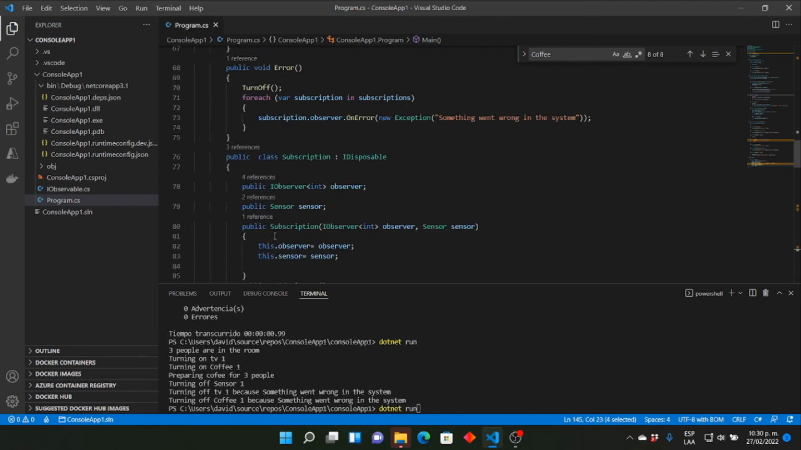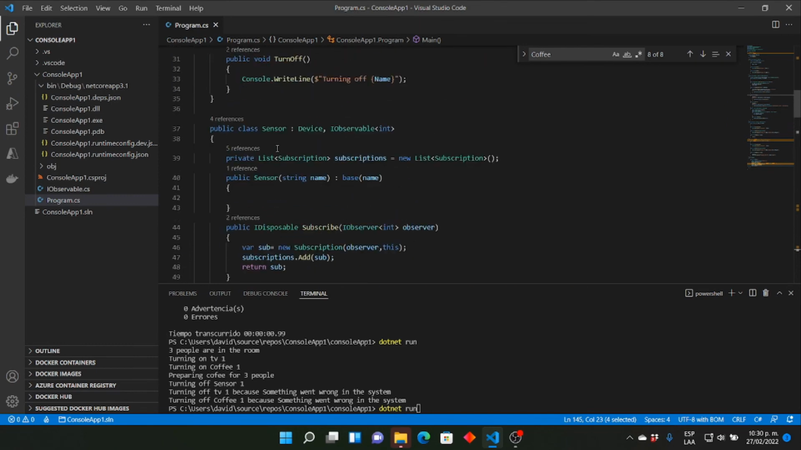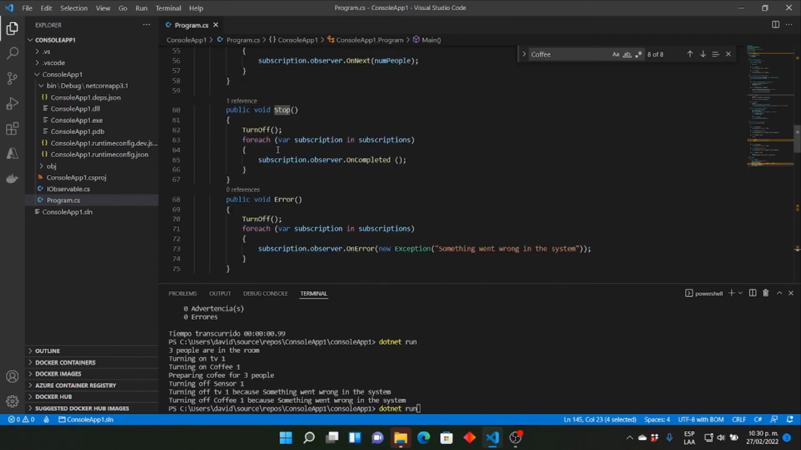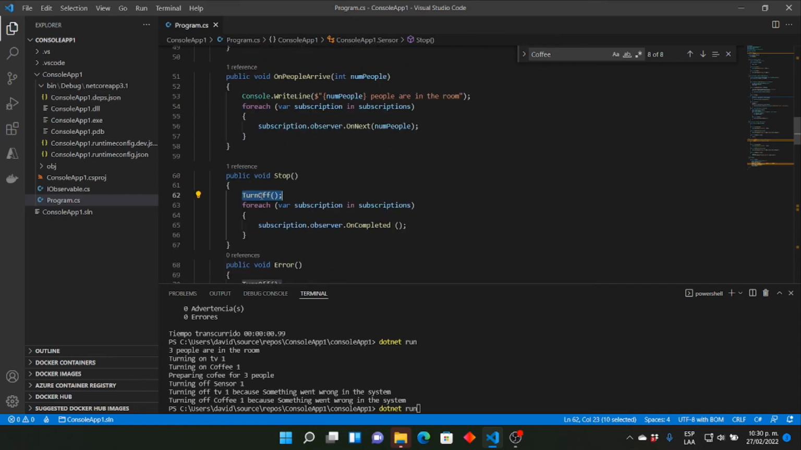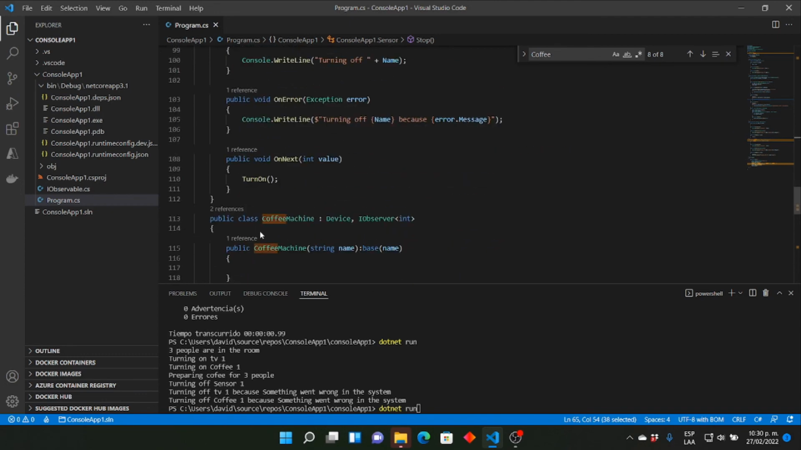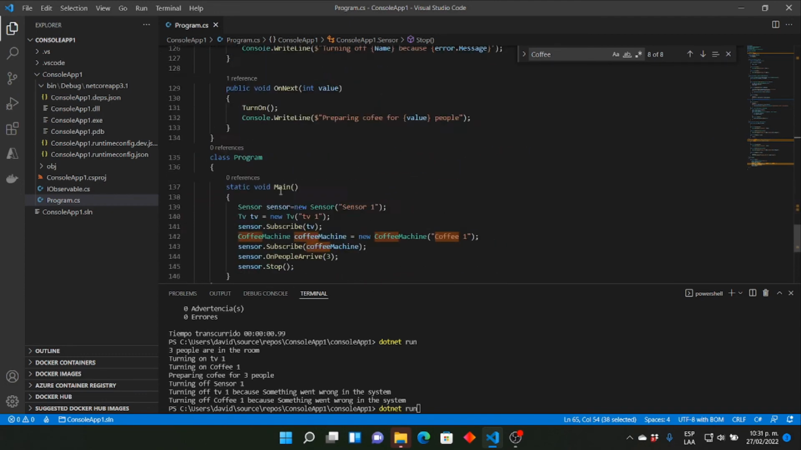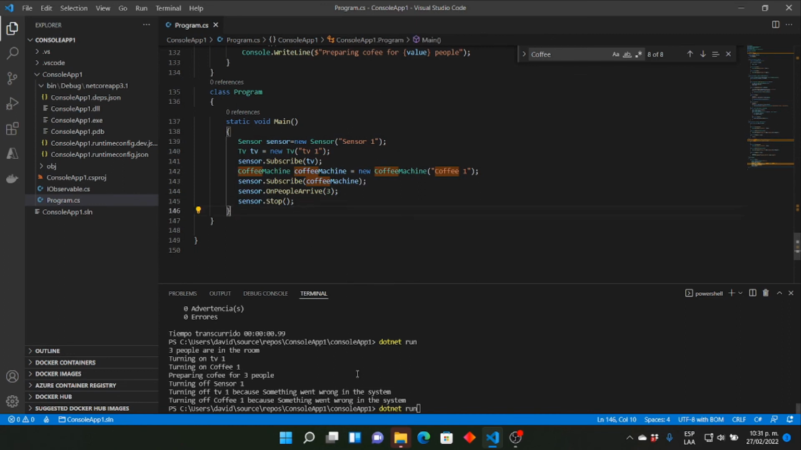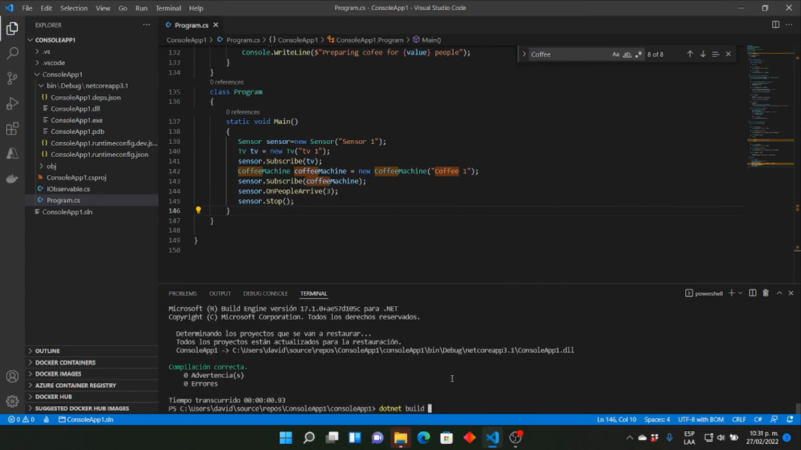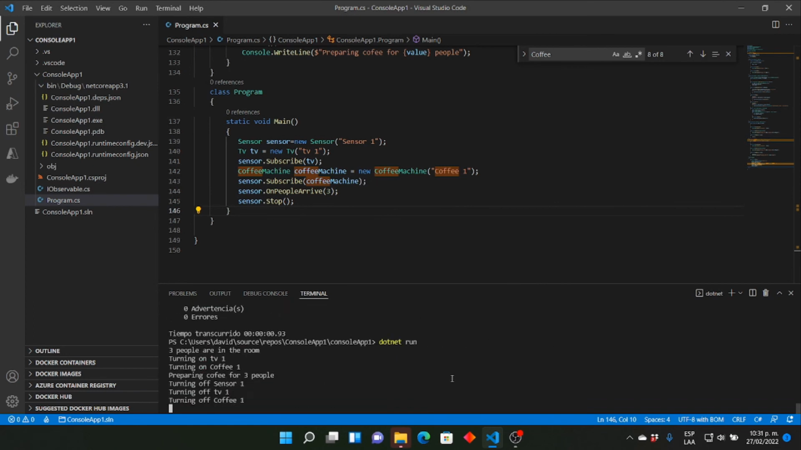Okay, if we go to the sensor, okay, this is the method stop. It's going to turn off itself, and it's going to move through all the subscriptions, and it is going to execute the OnCompleted method. So in this case, let's execute this first. I'm going to compile and to run this again,